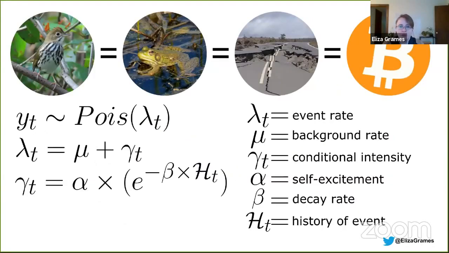So to wrap up, I just want to leave you with the overall structure of the model here, and emphasize that it's a different way of thinking about acoustic signals in terms of breaking them down into the different component parts. And the real beauty of the Hawkes process models is that you don't actually need any additional information. You don't need to go out and get observations to figure out if an individual is paired or not. You just need the time series of calls.